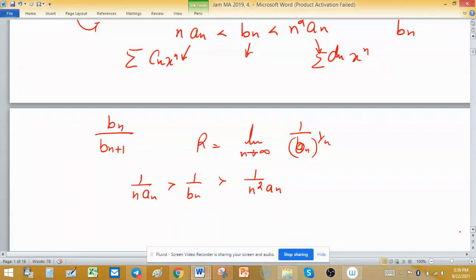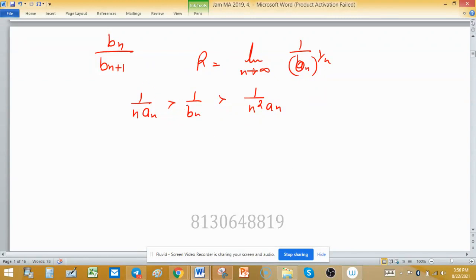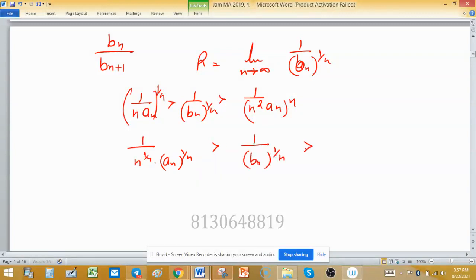In reciprocal, the sign of the inequality changes. So you can say less than sign converts into greater than sign. Now we have to take nth root. So this is 1 upon n, 1 upon n, and 1 upon n. And I can write this in good looking form. So (1 upon an) raised to the power 1 upon n is greater than (1 upon bn) raised to the power 1 upon n